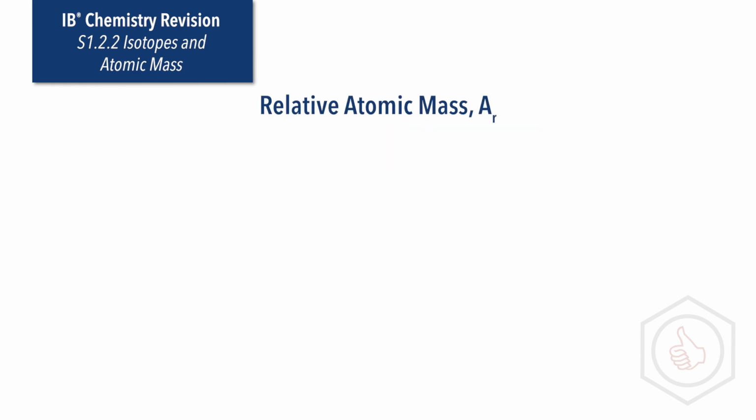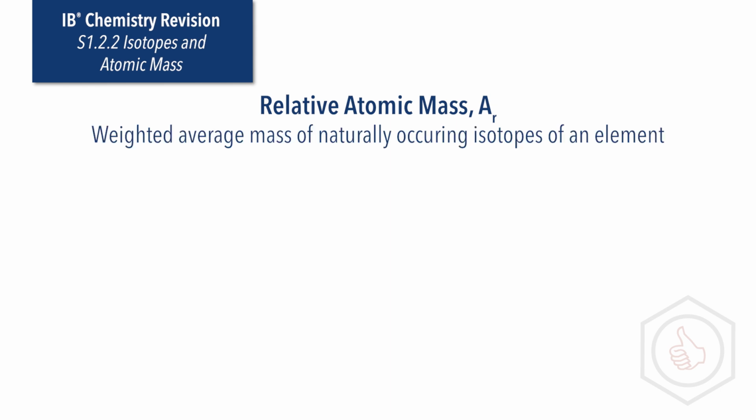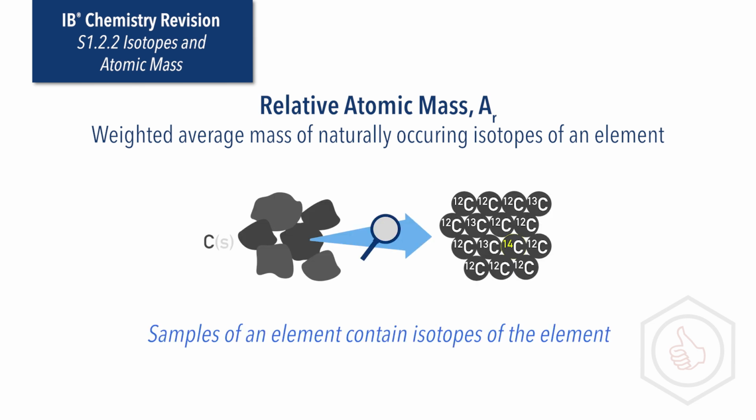The relative atomic mass, AR, of an element is the weighted average of the masses of its isotopes. This is needed because most elements exist as a mixture of isotopes, meaning if you take a sample of an element, it will contain atoms of different isotopes. So the average mass of an atom in that sample will actually be based on all the isotopes that are